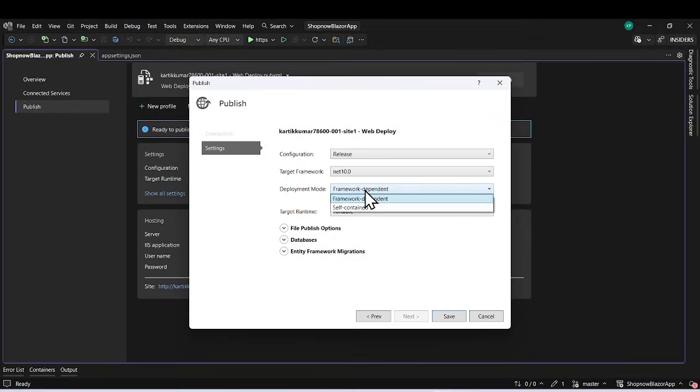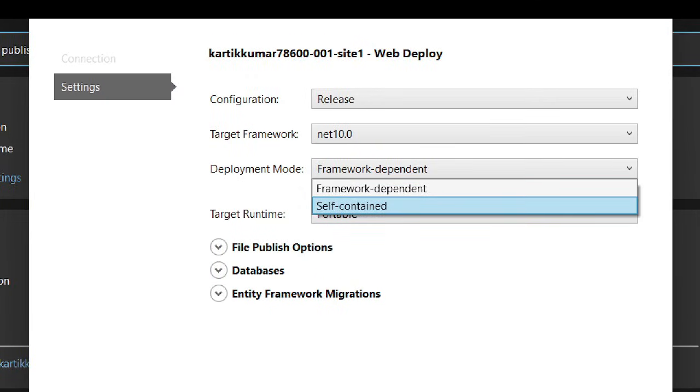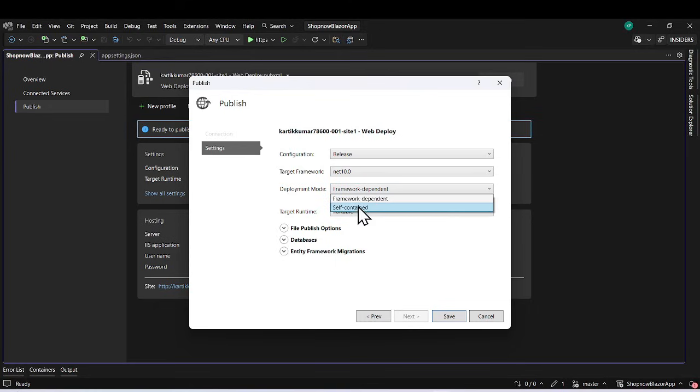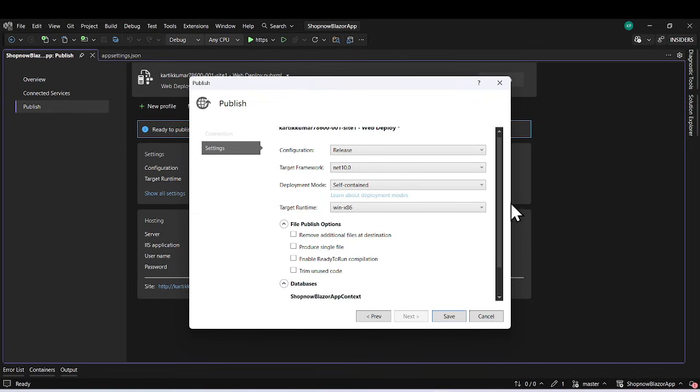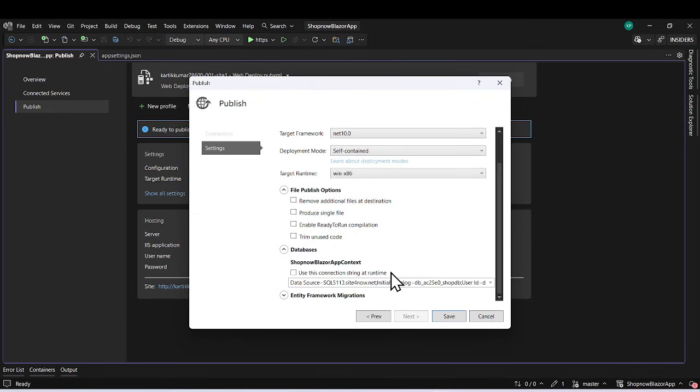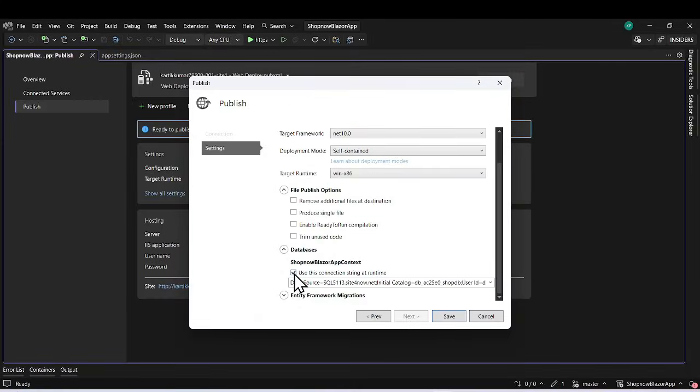Okay, so you just need to change this from framework dependent to self contained. Okay, so I'll use the self contained, and there are other options over here. See, there are a couple of options, but I'll use this database. So this is the database, whatever database connection you get, you apply it over here. So simply check it, and now this is that